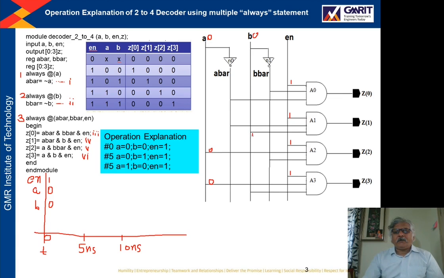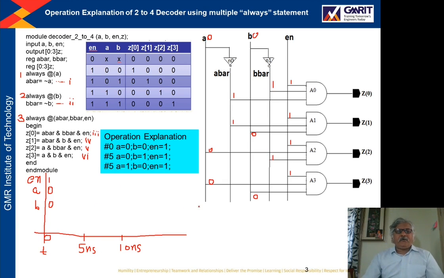This is B, 0. Now A bar is 1 here, B bar is 1 and here B bar is 1, right?